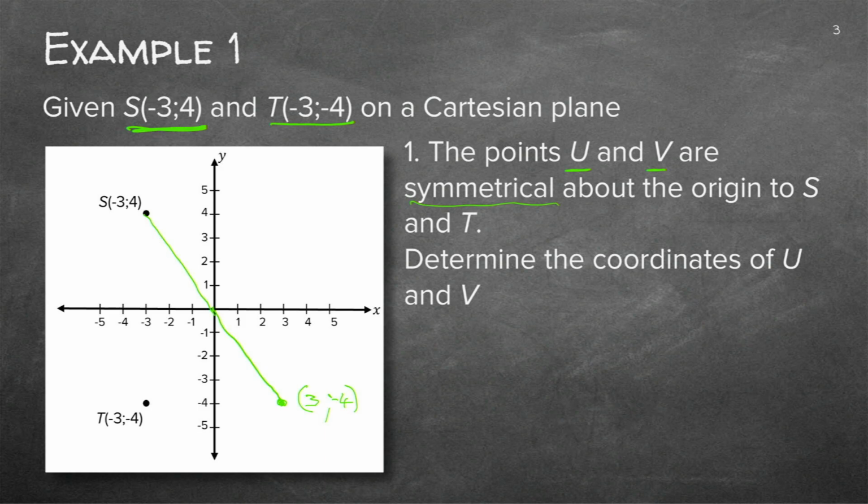Very, very easy. If you do the same for the T, I need to go to the origin, and I need to go that way. So this point was the U point. Now I'm going to do the V point, and I'm going to take this point here, and I'm just going to change the signs. So it's +3 and +4. And if you look at that, it gives you exactly the symmetrical points.